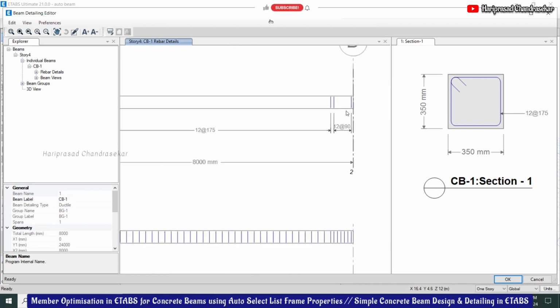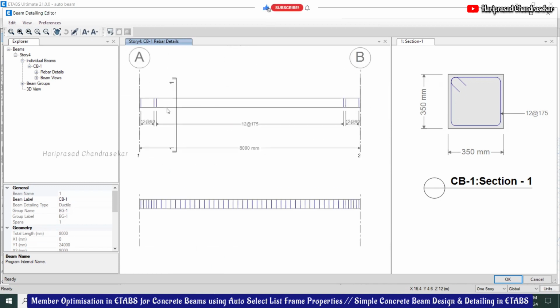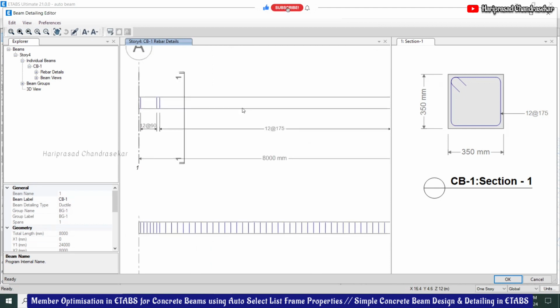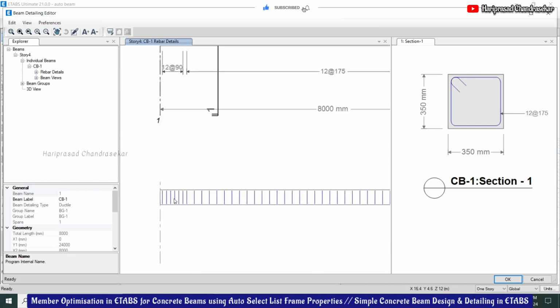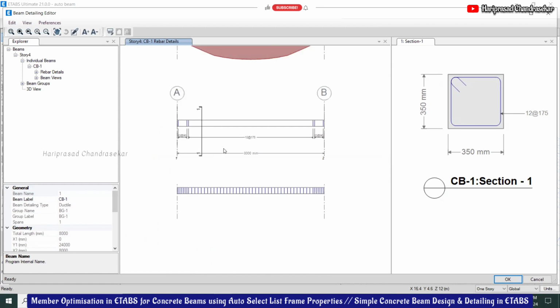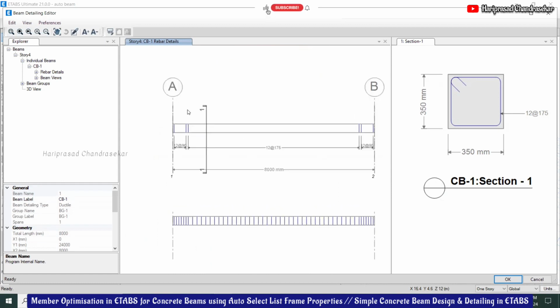Normally in the corners, the stirrups will be closely placed. This is how it will work. We have to do all this for projects also. Of course, this is very important. With this only they will proceed in the real-time situation, the stirrups and all.